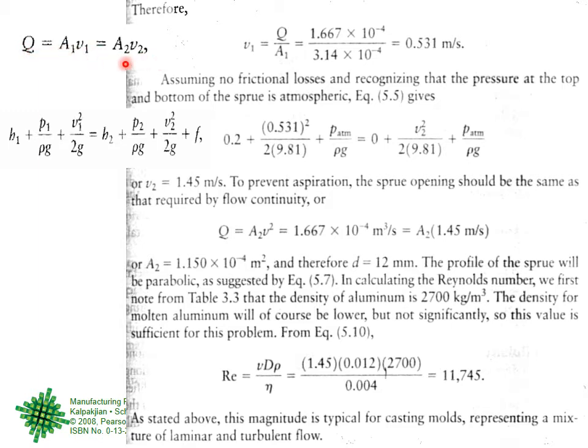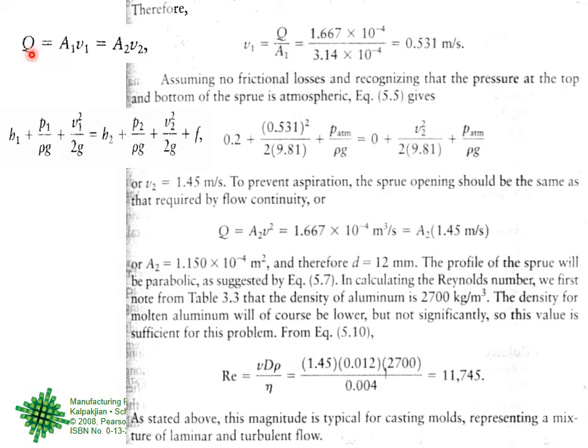So that is it. Continue to keep the same flow rate as was at the top. Don't allow the flow rate to change. If you do that, then the flow is smooth. The flow is not very violent and disturbing, and therefore aspiration or inclusion of air bubbles will not happen. So Q is equal to A2V2. Q is equal to A2V2 should be your equation therefore.